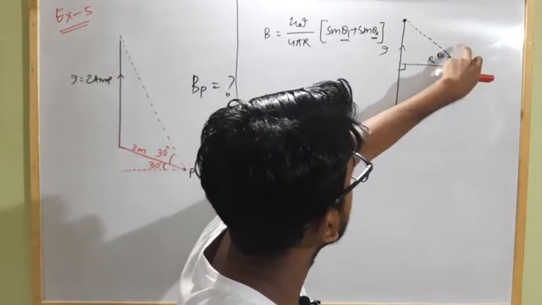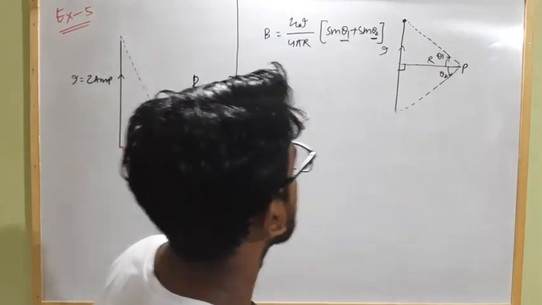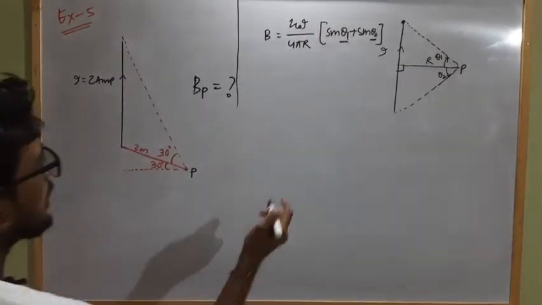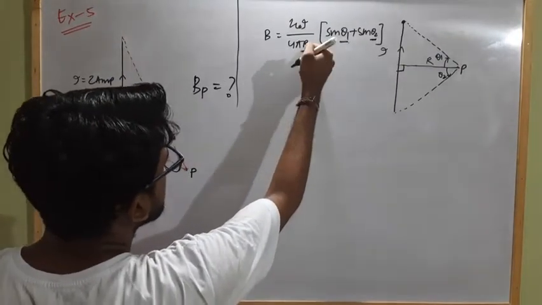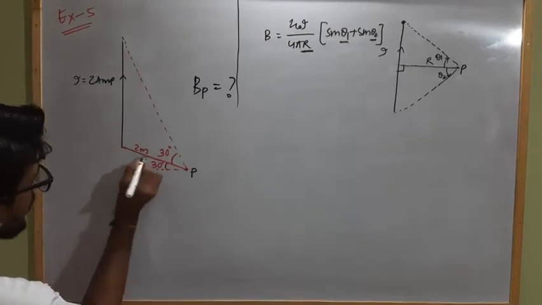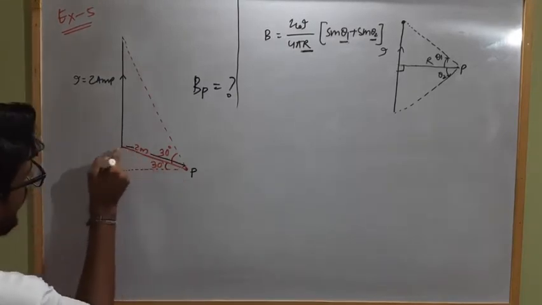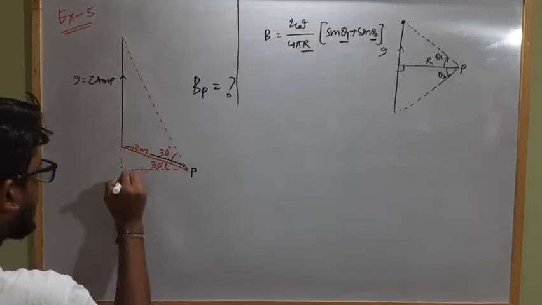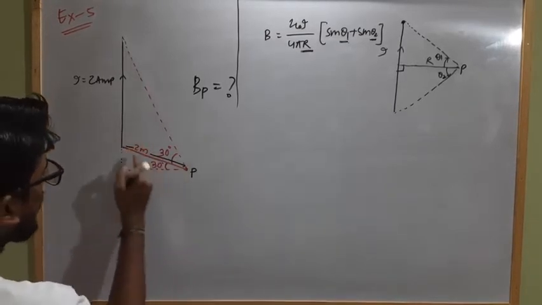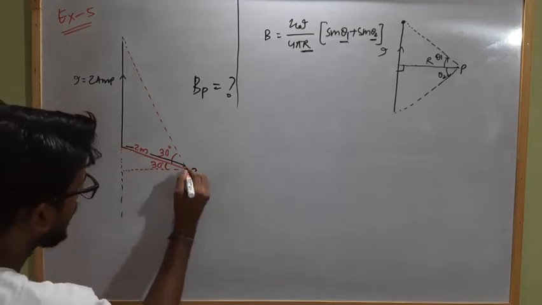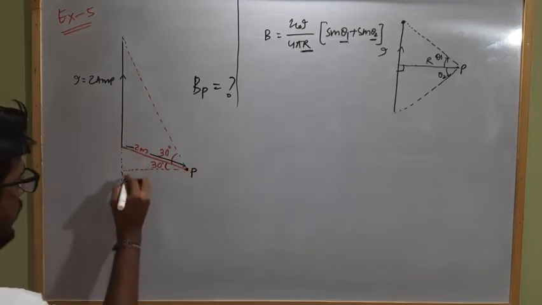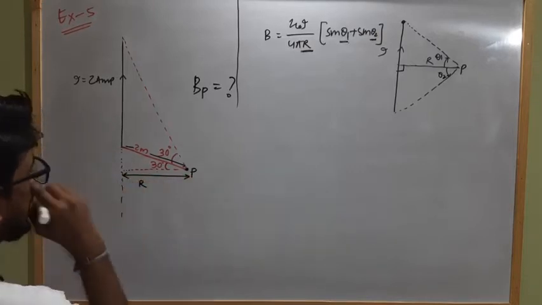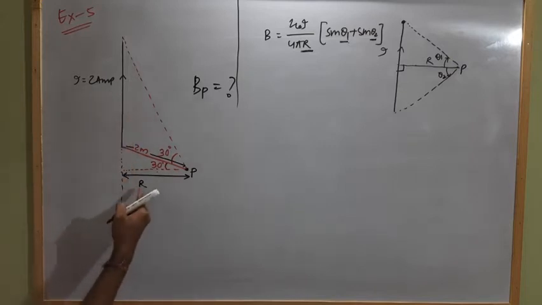If this one is measured in clockwise sense, this one measured in anti-clockwise sense, and r is the perpendicular distance. In this formula, r is the perpendicular distance. For this case, the point is 2 meter from this end, but the long straight current carrying conductor will be along this line. So what will be the value of perpendicular distance r of this point of observation from this long straight current carrying conductor? What is the value of r?